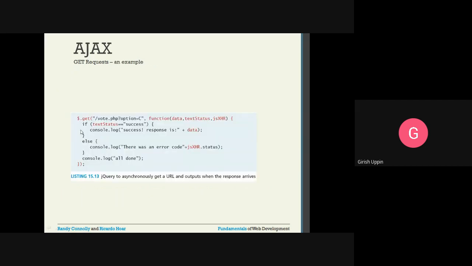This is the example $.get, and we are calling this get method asynchronously. Then this is the URL o.php?option=C. Then we have this particular function. Whenever we get the response, this will get called, and based on the status, we can